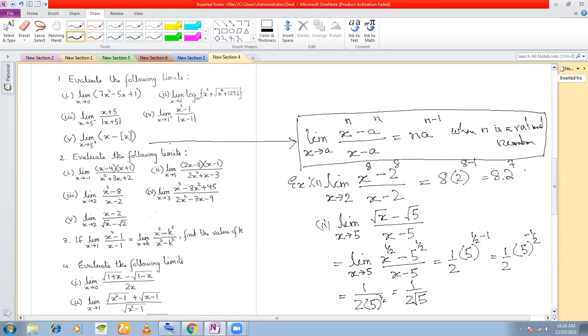So note this, this is a standard limit that you must remember. I forgot to write it here, so please write it when you are writing in your copies. And please note the standard limit. We shall be using these standard limits in the sums to come. Okay, that's it. So I'll stop here.